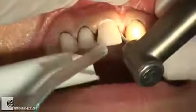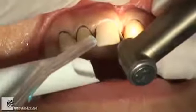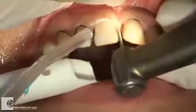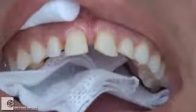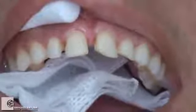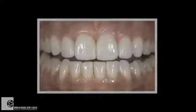And now with the cord packed, we can drop our margin subgingival in the interproximal region so we can close this diastema. As you can see, we took the finish line toward the palate, and we'll drop the margin just a little bit subgingival so we can start the porcelain there. We round the mesiofacial line angle. Here are the finished preparations, actually after the impression, and you can see a very smooth and even transition between the surfaces. Here is the finished case, just to show you the 6 veneers after